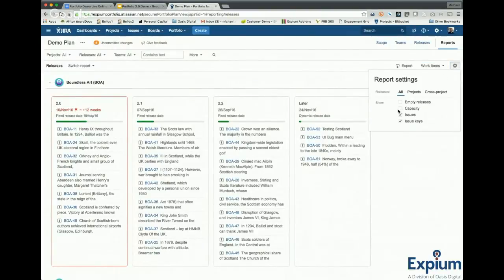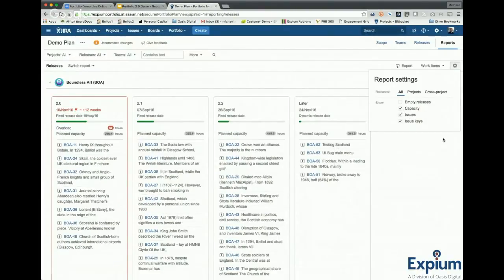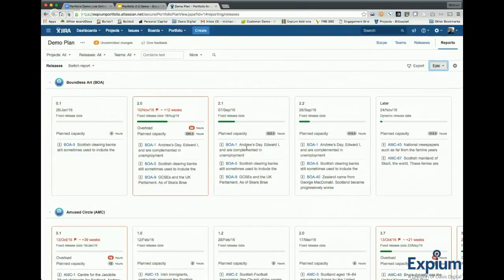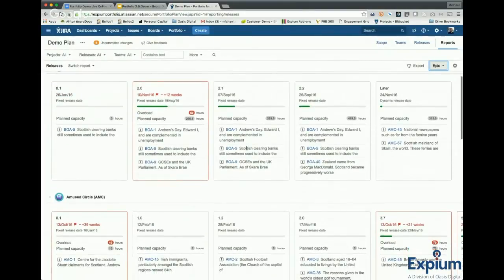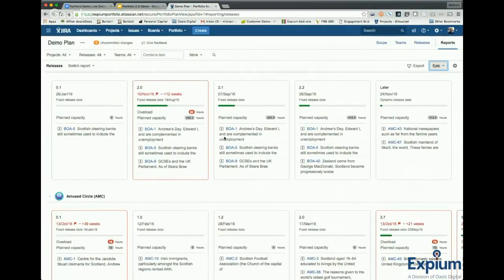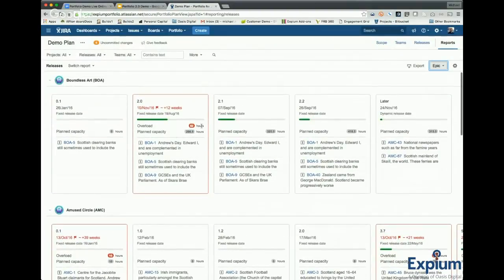I also have some capability to make some edits here. I added capacity, so I can spot. I'm going to go ahead and change this back to Epic. Gives me a little bit better space management. I can see where I have teams that are overloaded for particular releases. Note this same idea is used when you look at sprint teams for particular sprints. So the tool analyzes the load that you have for a particular release, and it also will analyze the same data for